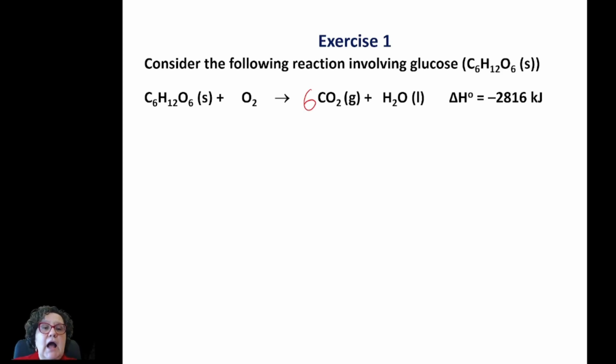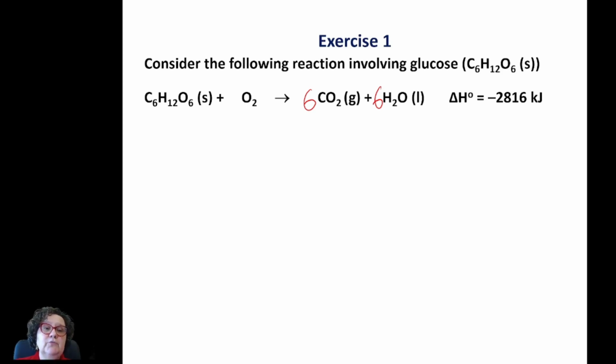I have a look at the hydrogen, and I have 12 atoms of hydrogen in the left-hand side, in the glucose, but I only have 2 in the product side, so here I put another 6 in front of the water, and then I tackle the oxygen. So in the products, I've got 12 atoms of oxygen that come from the 6 molecules of CO2. And I have 6 atoms of oxygen that come from the water. So in total, I have 18 atoms of oxygen on the right-hand side. 12 come from the CO2, 6 from the water. And if I look at the left-hand side,